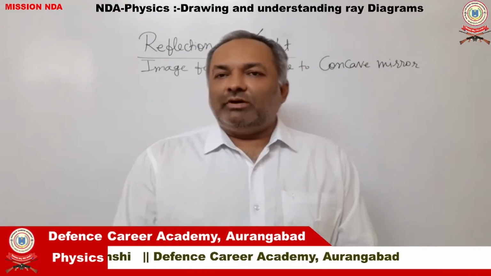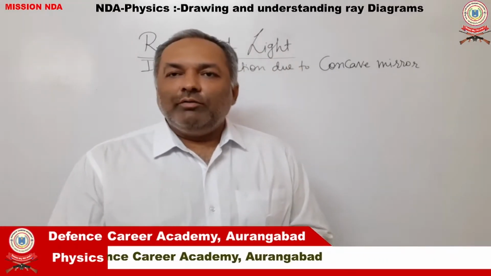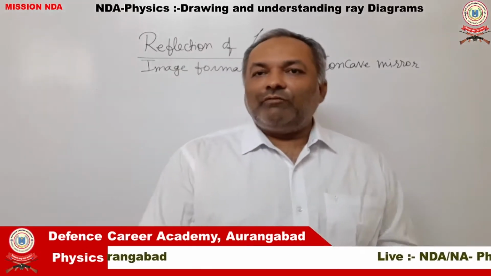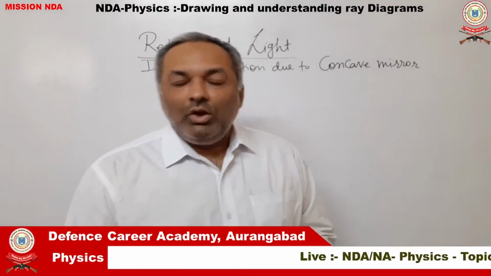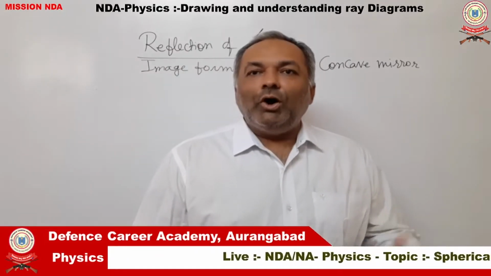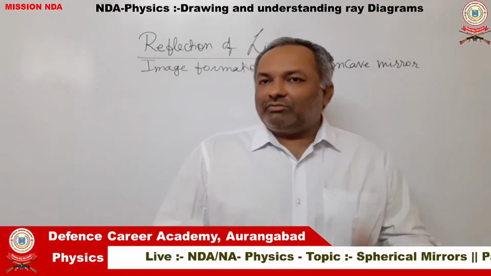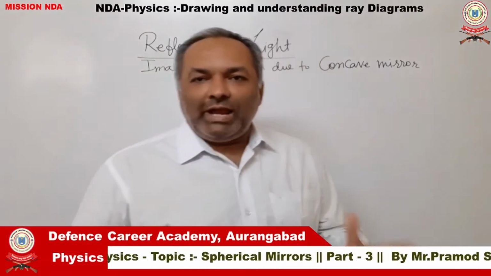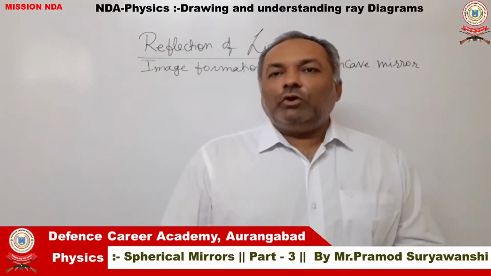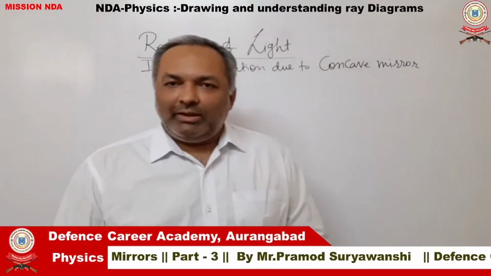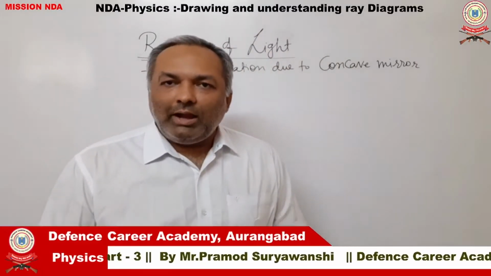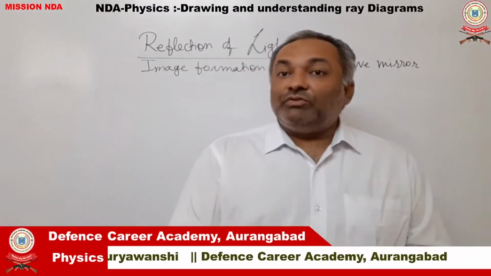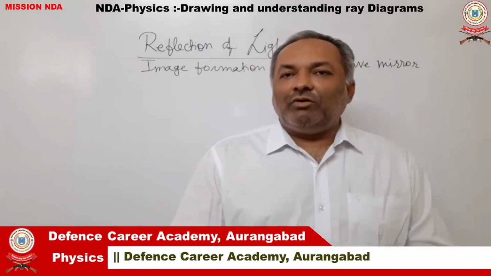So in the previous video we have seen how to draw the reflected rays for different types of incident rays: a ray of light passing through the center of curvature, or passing through the focus, or incident at the pole, and the last one is parallel to the principal axis. Now, for any given ray diagram, at least two out of these four types of ray will be drawn for obtaining the position as well as the size of the image.